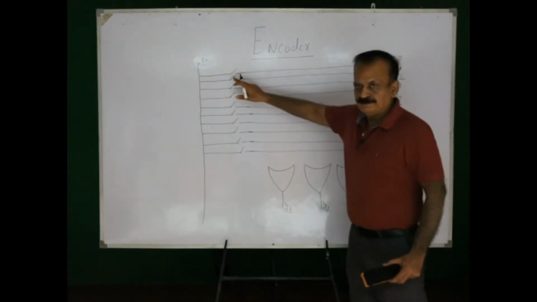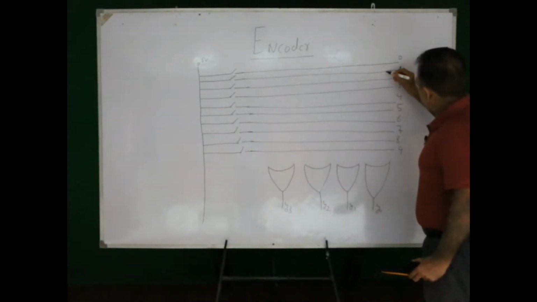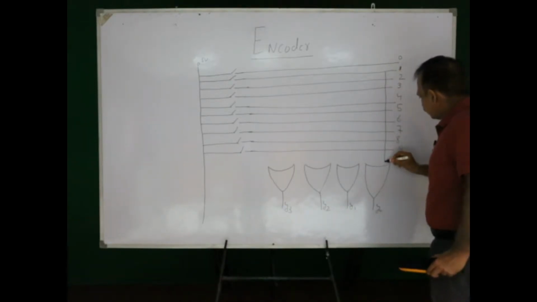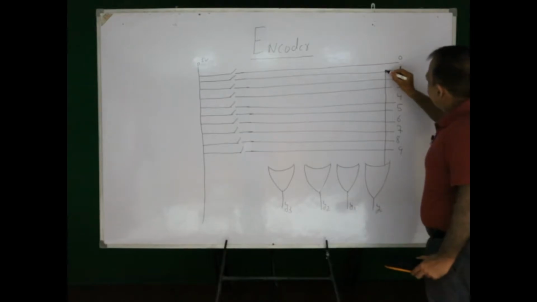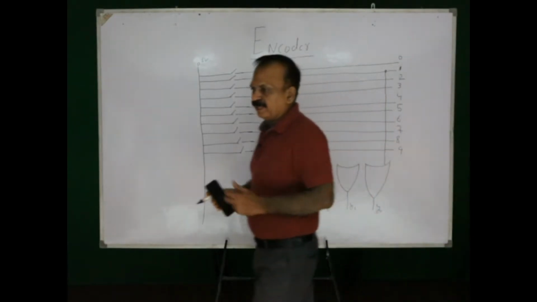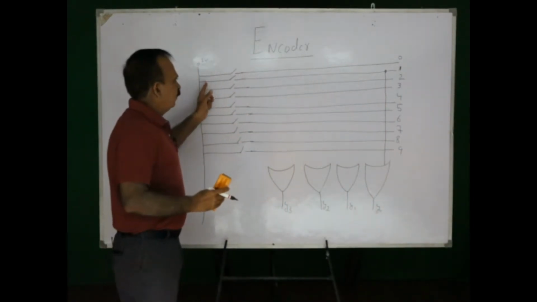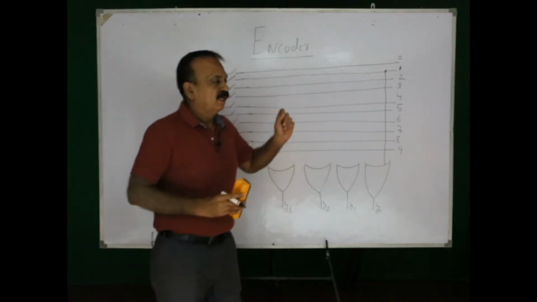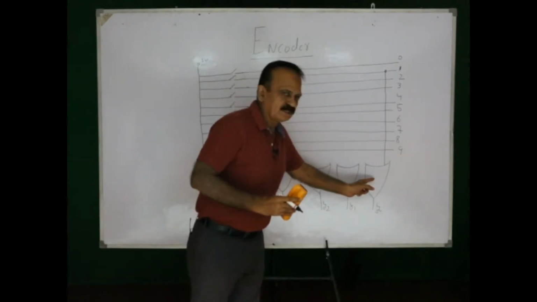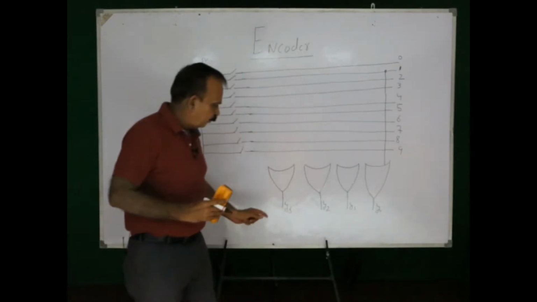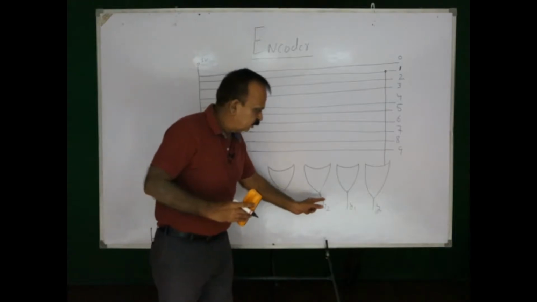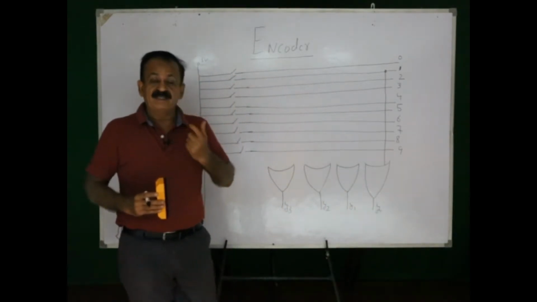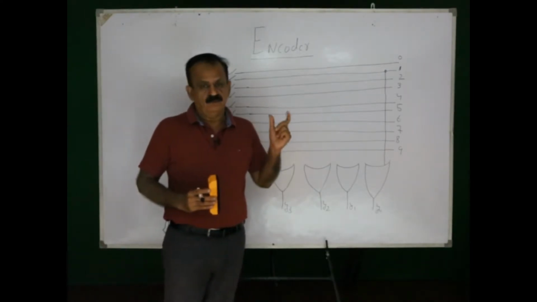The next is for 1. Now, I connect this wire to the first gate. What will happen? If I press the key for 1, there will be current in this wire representing 1. Now, this is connected to this first OR gate. The output will be 0, 0, 0 and 1. This is nothing but the binary equivalent of 1.